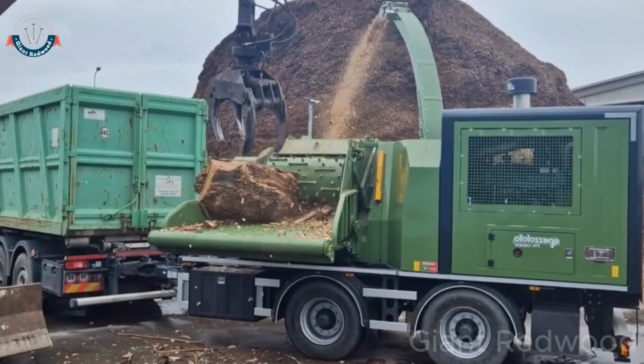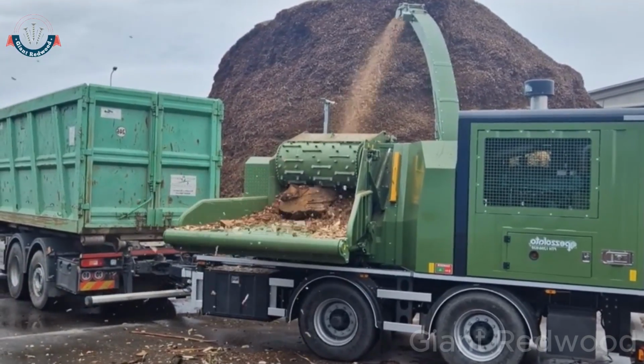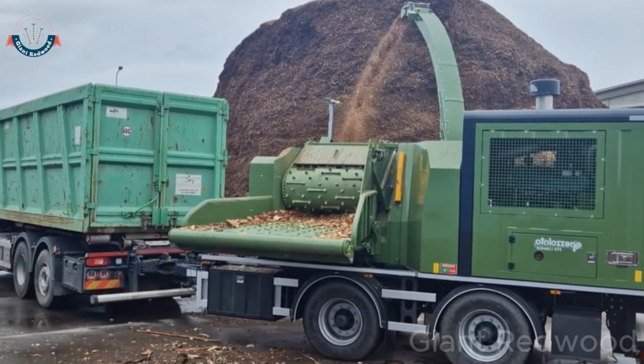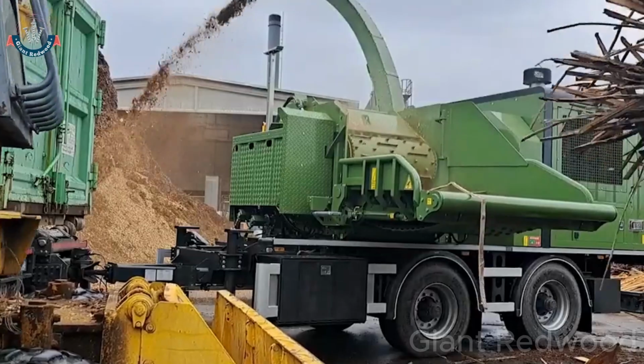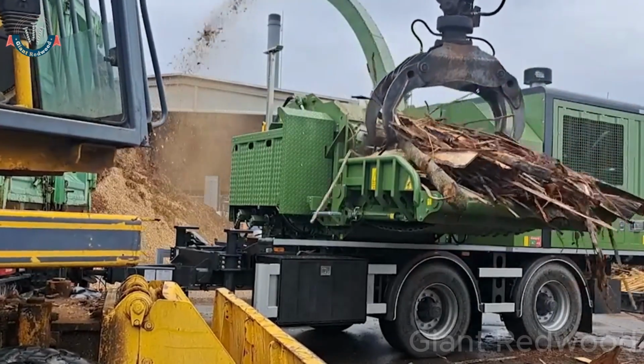Part 3. Beyond grinding. Reclaiming value from leftover wood. The high-capacity firewood grinder is more than a waste processor. It's a vital link in the circular forestry economy. In yards filled with branches, stumps, and odd cuts unfit for lumber, this machine breathes new life into what was